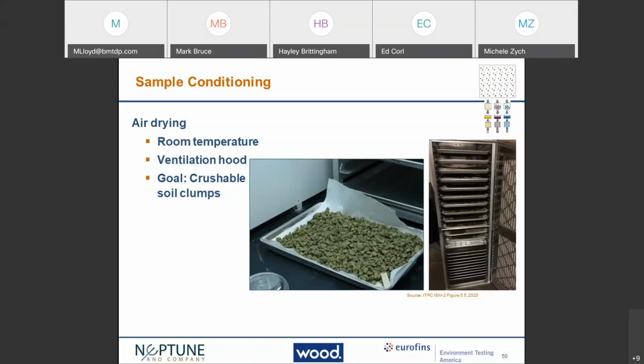Now, more recently, a number of laboratories have produced what they call air drying towers, and that's shown on the right-hand side of this particular slide. And you can see many racks of samples. The door that is open, you can see has filters built into it. And what you can't see on the back are fans, and it basically pulls filtered air across the surface of each soil sample to dry it uniformly without risking cross-contamination from one sample to the next.